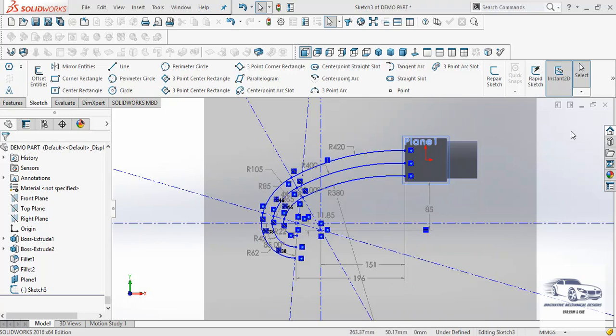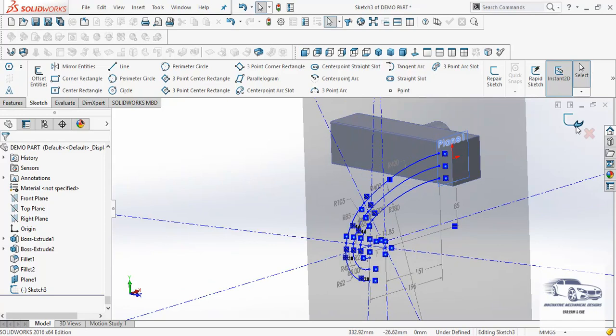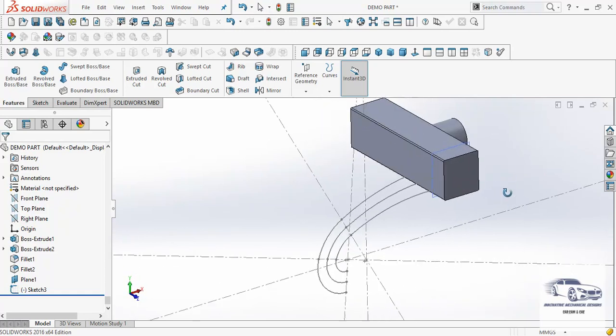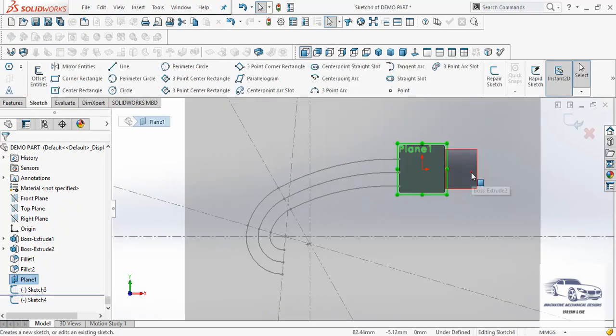Now, in order to make them independently, what we have to do here in SolidWorks, we have an option of convert entities. So after creating the sketch, let us go back again to the same plane on which I have created this initial sketch.